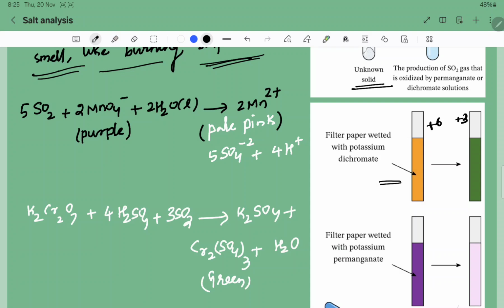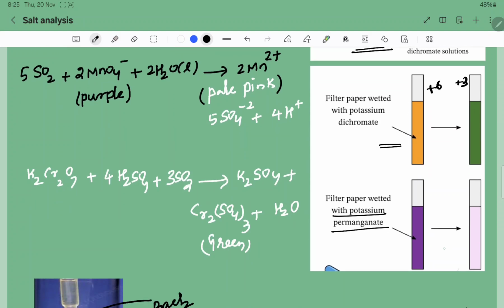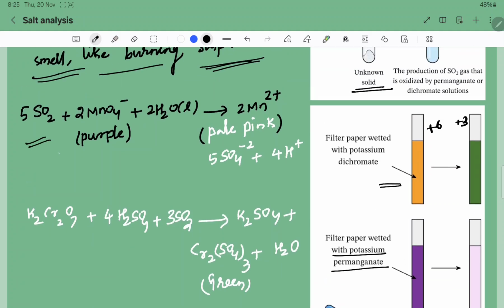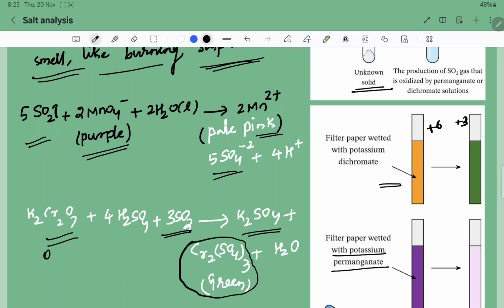Similarly, student, a filter paper wetted with potassium permanganate, the color will be usually violet, purple color. Then it turns into pale pink on the release of SO2 gas, right? Student, these are the reactions. Sulfur dioxide released from the test tube reacts with MnO4 minus, potassium permanganate purple, then it turns into pale pink. Reactions are most important, student. Just revise the reaction. K2Cr2O7 reacted with the released SO2, then you will get K2SO4, and look at this, student, the orange color turns into